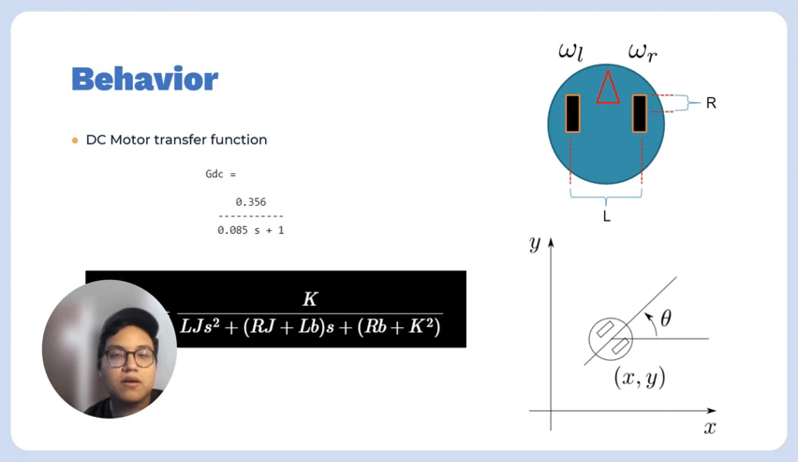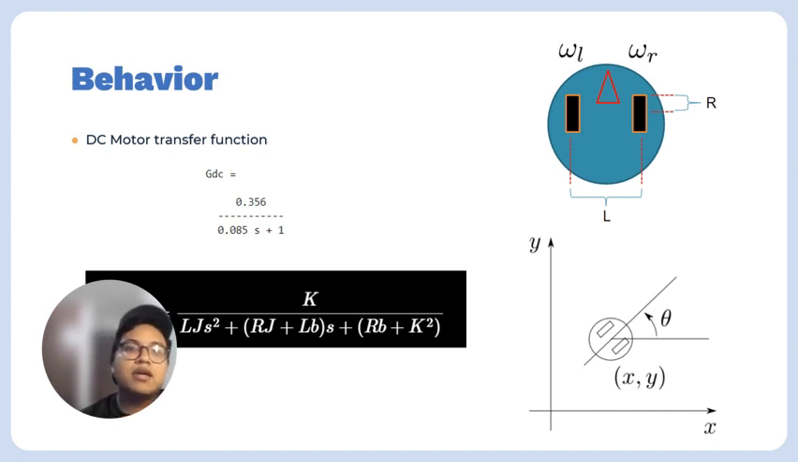About the behavior, here we have the transfer function that was provided to us. This DC motor transfer function represents the relationship between the input voltage and the output angular velocity. The simplified transfer function abstracts the motor's electrical characteristics like resistance and inductance, and mechanical properties like the rotor inertia